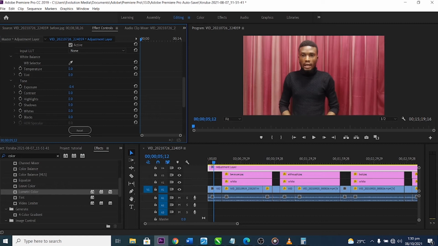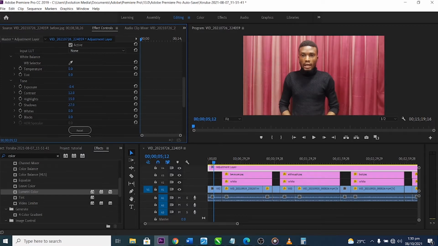So let me just put the exposure at minus 0.4. Contrast makes my shades very dark, so let me just leave it at 12. Highlights brighten me a little bit more, so let me leave this at 16 or 15.